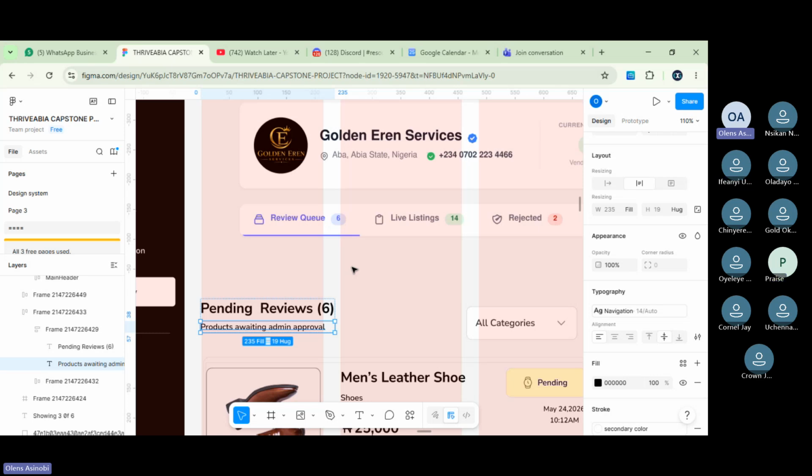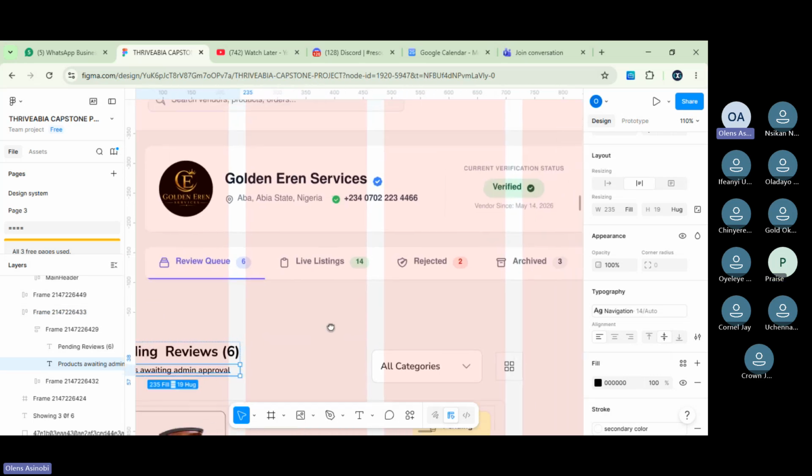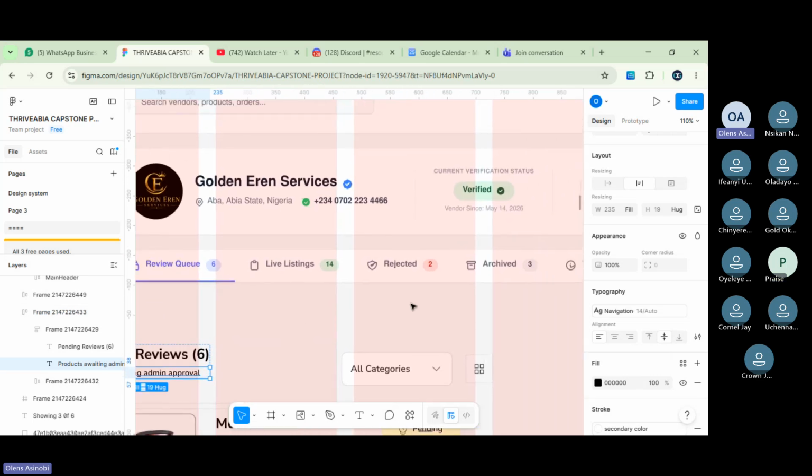Ask your teammates to put you through, but make some research on style guides so that you understand. It's very easy. It's not difficult. Just make sure this your text is using the right text properties. Any of your teammates can put you through. It's not something that will take you more than 30 minutes.